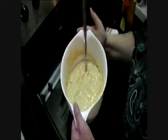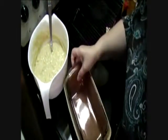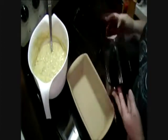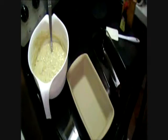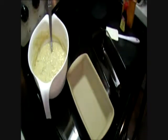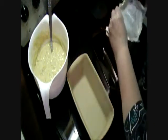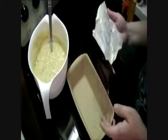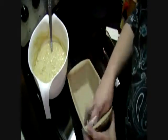Okay, we are done mixing this. So we're going to put that to the side and we're going to get our loaf pans. I'm going to use 2 loaf pans. You can spray these loaf pans with Pam or Baker's Soy, whatever you want to spray them with, but I like to add butter to them. I like to actually save my little butter things, and then you can just take